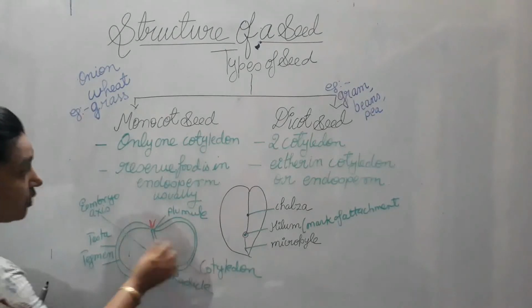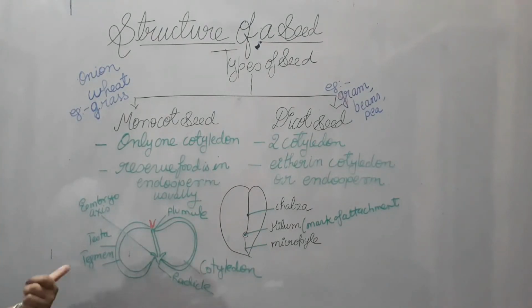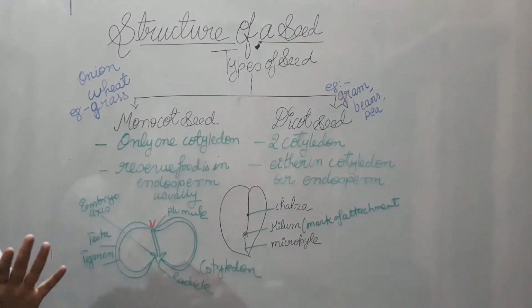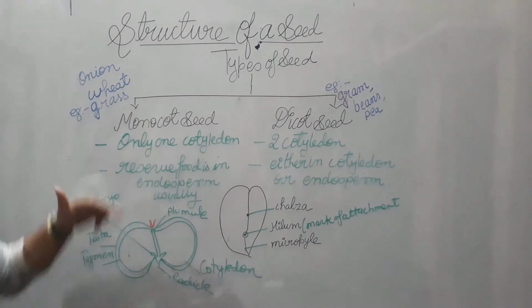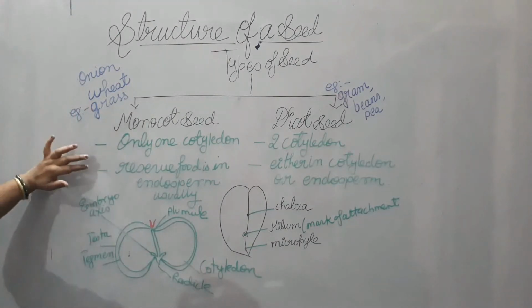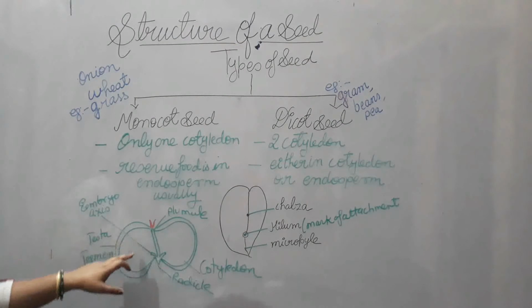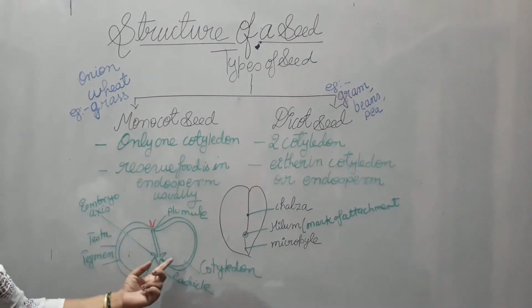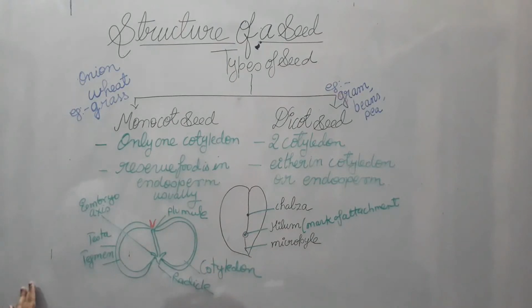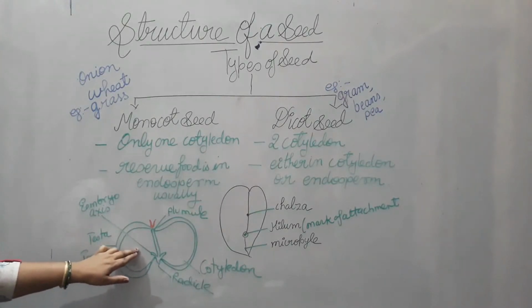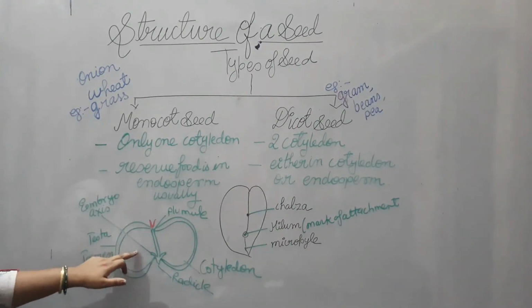But if this portion is just one, as it happens in grass, onion or rice, it is just one single part. It can't be divided into two halves, right? So that is called a monocot. Secondly, the difference is that monocots have their reserved food in the inner area, the endosperm. After this cotyledon, inside there is an endosperm, and this endosperm has their food. Usually in monocots it is only in that inner part.